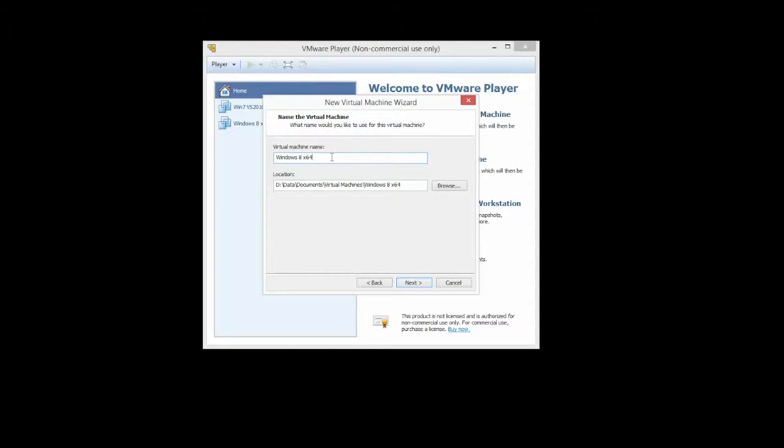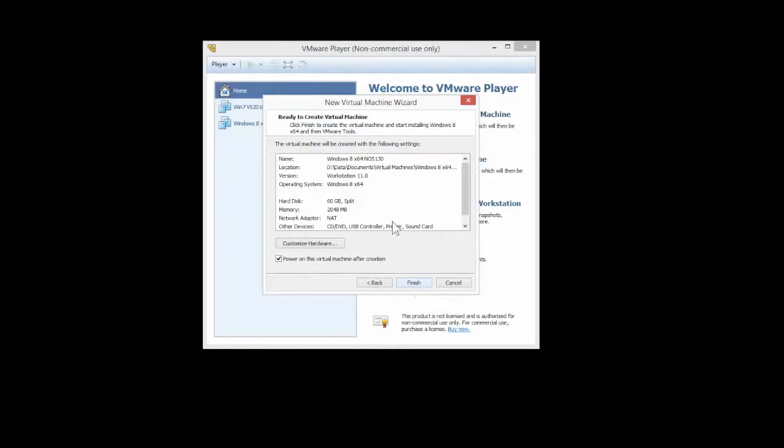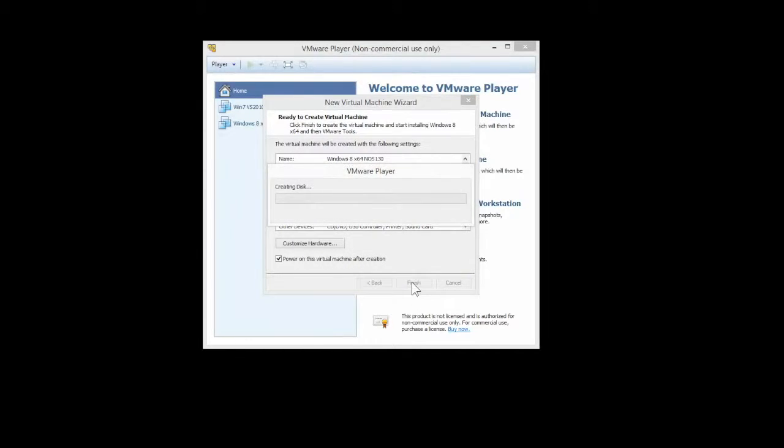We'll call this NOS 130. And next. Accept all the defaults and next. Accept all these defaults. You want it to start up after you begin. So finish, and then it will start. So first thing it will do is create the disk, and I will edit this out so you don't have to sit through all of